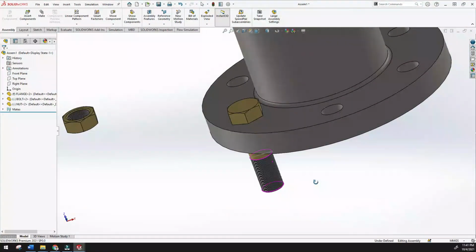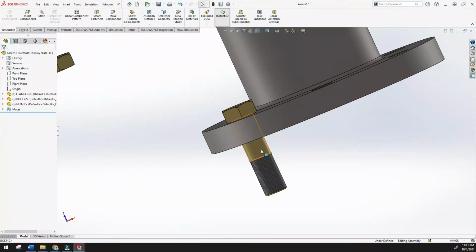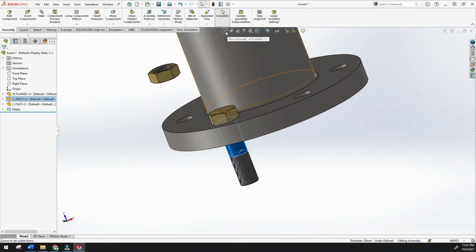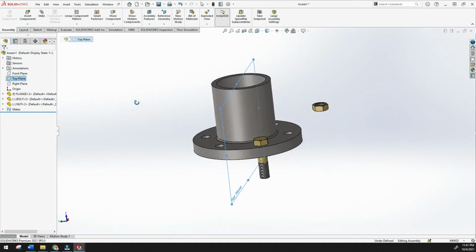Now try to move up and down. Because it is already coincident, it will not go up or down. Okay, but it is rotating like this, see. So if you want to fix the rotation, you can fix that also. Still it is showing the minus. Okay, just click this, with Control. Okay, and